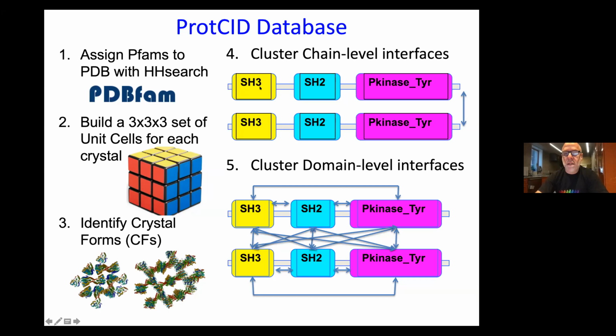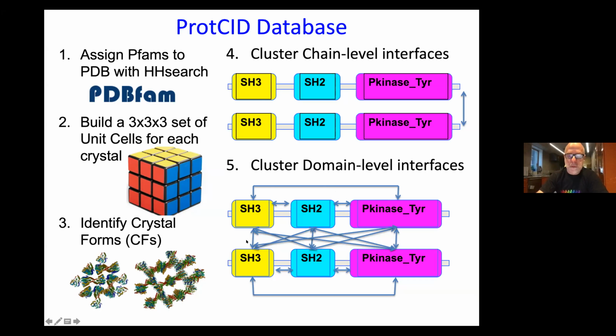Clustering at the chain level is if we have a multi-domain architecture like this one, SH3, SH2, P kinase, we cluster all the interfaces of this protein with this protein. And then we also do it at the domain level, where we break up every protein into domains and do all of the domains both within proteins and between proteins. So we would have SH3 homodimers, SH3, SH2, both within and between chains, and P kinase tyrosine with itself and